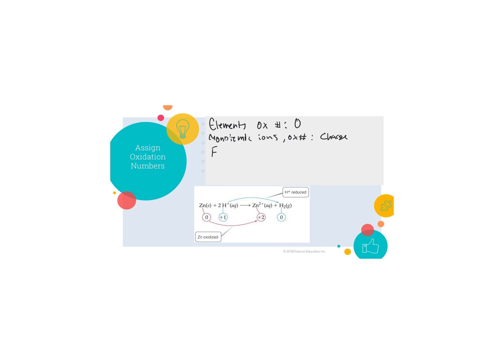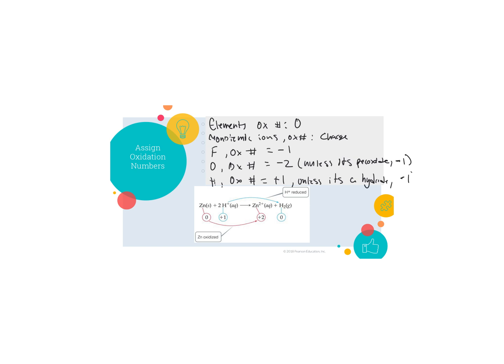For fluorine, its oxidation number is equal to -1. For oxygen, its oxidation number is equal to -2, unless it's peroxide. Then in that case, it is -1. And finally, for hydrogen, its oxidation number is equal to +1, unless it's a hydride,